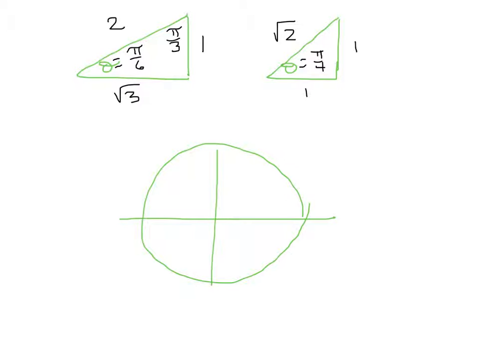To remember on the unit circle, this ordered pair is the point (1, 0). That represents the cosine and the sine at 0 radians. This ordered pair is (0, 1), which represents the cosine and the sine at pi over 2 radians. This ordered pair is (-1, 0), which represents the cosine